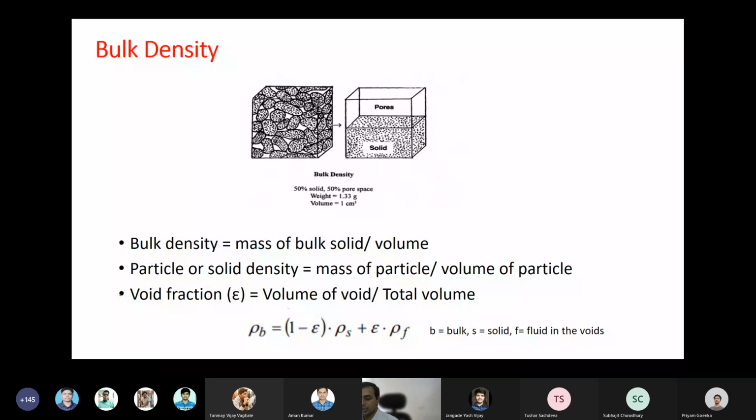So first, let us take the important property, bulk density. I'm sure you all know density. You probably have heard about bulk density, but you definitely have heard about density. Density is mass by volume. And we don't need to